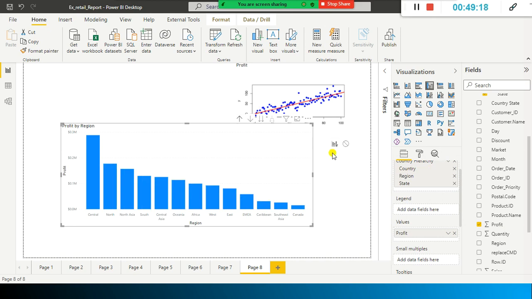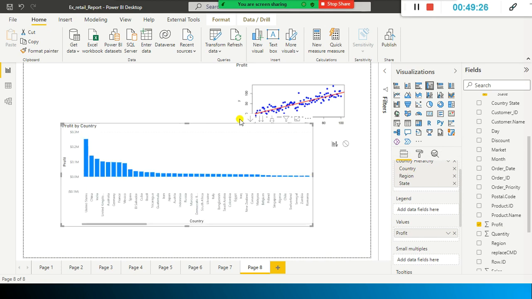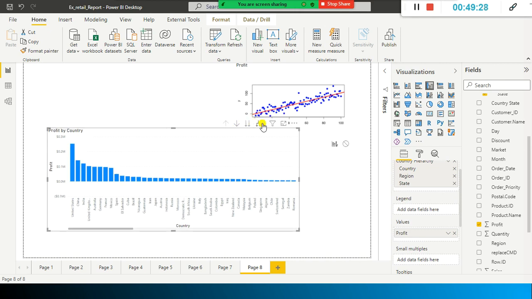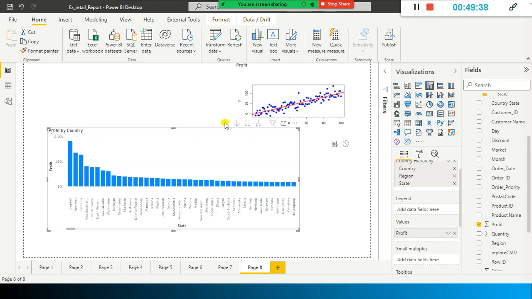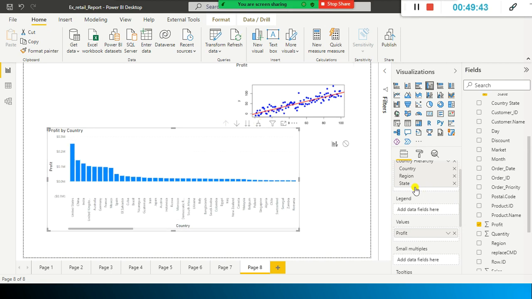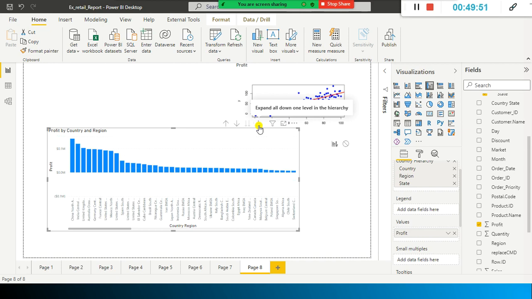Again, now we are in the region level, and from the region to the country level, if you want to view the profitability, click one more time to go up. So drill up. Now you understand drill up and drill down. If you want to drill down to the next level, select this one and select this one. Or if you don't want to see everything, you want to go directly to the last thing in your hierarchy. Directly you want to go to the region, or here it goes to region level and state level.